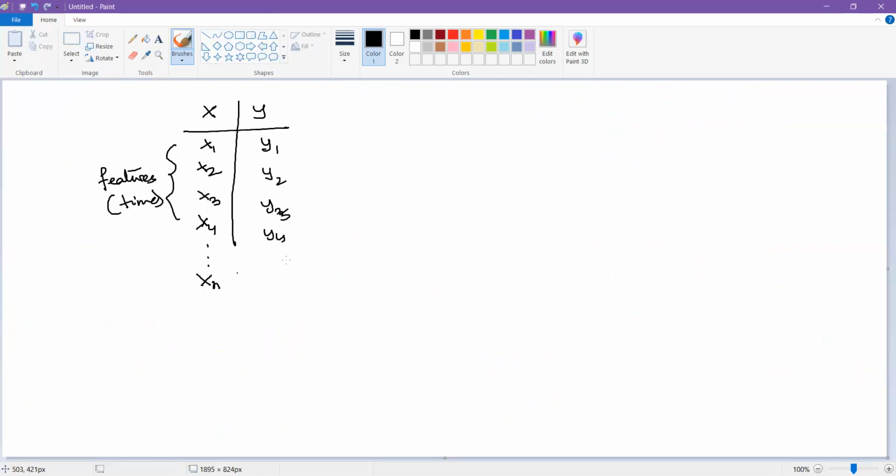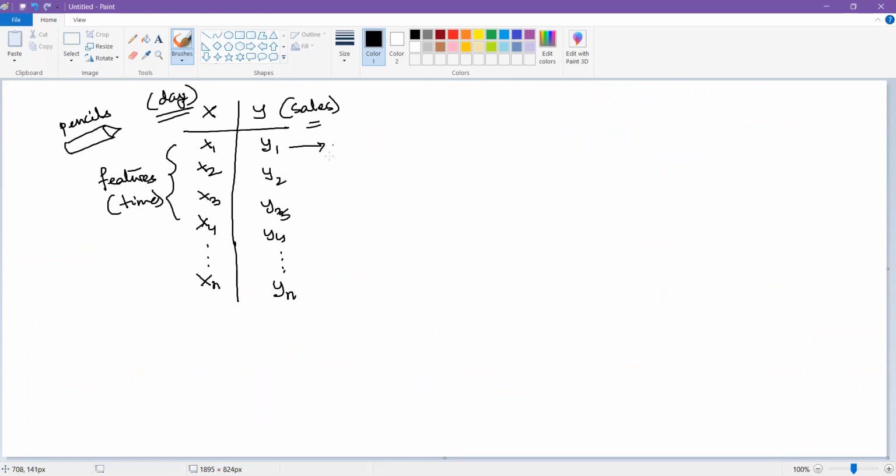So there will be n values of x, or time, and there will be n values of y, which is my output variable. Let's say y is my sales and x is my day. So I'm trying to find out per day sales of something. Let's say I'm looking at the per day sales capacity of pencils that I'm producing in my factory.